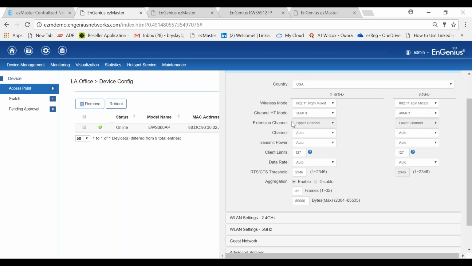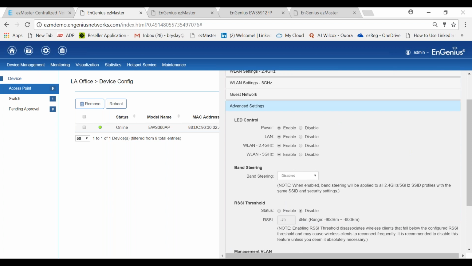I can change the megahertz if I want to. The channel sizes. There's multiple things I can do. I can enable band steering. I can turn off the light status. There's multiple things that you can do within map, floor plan, and topology views to help you troubleshoot.